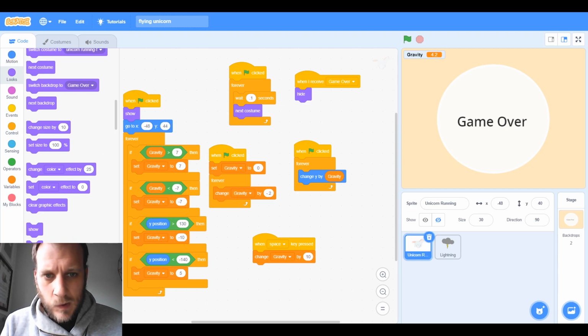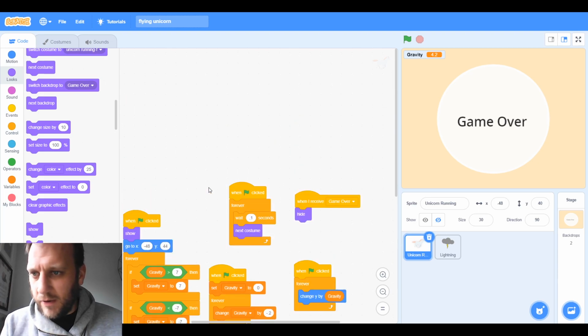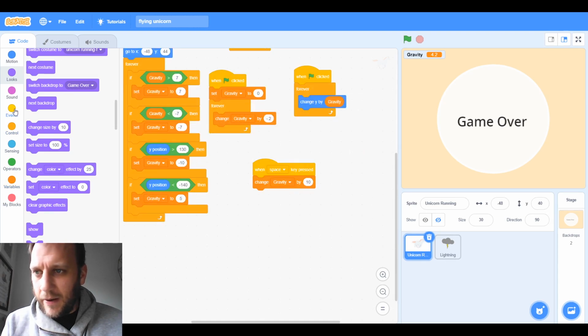So let's control left and right. I'm thinking if I've got one hand on the space key to control up and down, I can use the left and right arrows on my keyboard, or I could do A and D. Let's do A and D for a bit of difference. Okay, so I'm going to need an event,